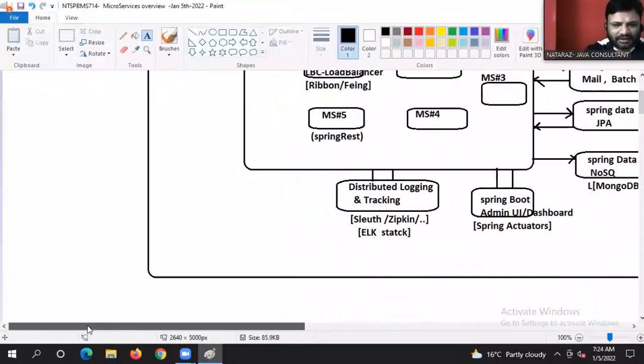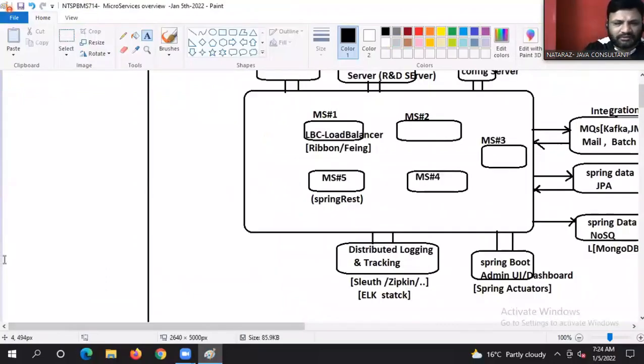Right, guys. For this project, there will be different types of clients, my dear. Definitely, different types of clients will be there. Different types of front ends, boss. Front end possibilities are there.